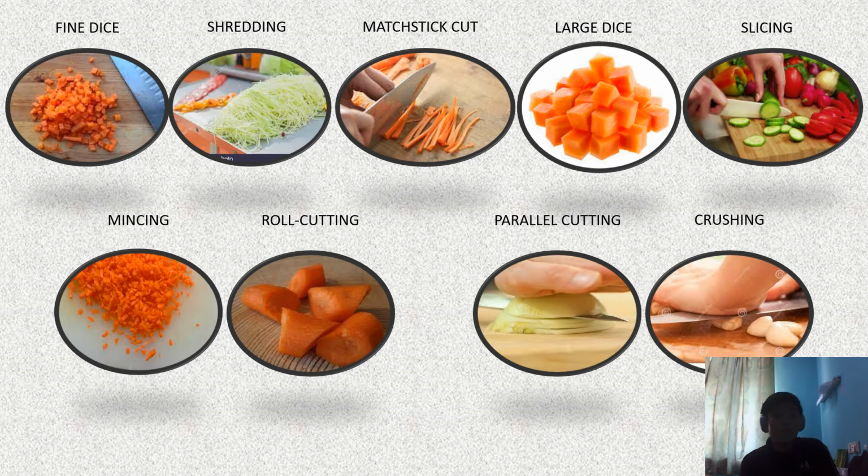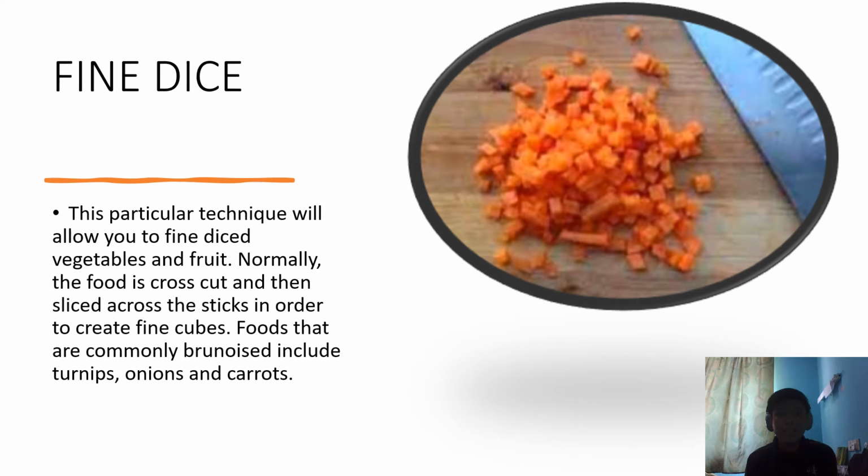So, these are the following vegetable cutting and chopping styles that every serious cook should master. Taking time to learn and practice these techniques will go a long way in simplifying and expediting your cooking process. Each of these techniques is designed to produce food with different sizes and consistencies in order to improve taste and cooking consistency. The first is fine dice.